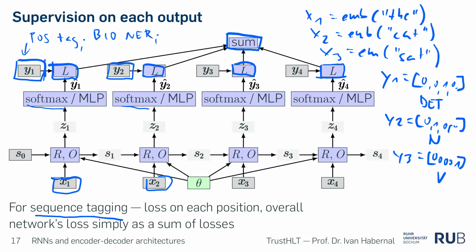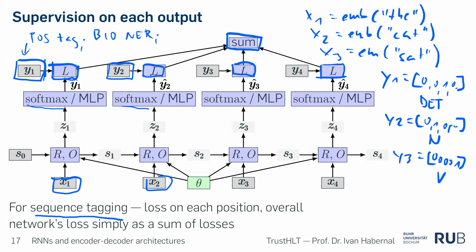And here we have multiple examples at once. So the loss here, this is one loss, another loss, another loss, another loss. And you want to optimize everything at once. You want to train a network that is able to jointly, for the whole sequence, predict the tokens, predict the tags. And you can sum up the losses together.